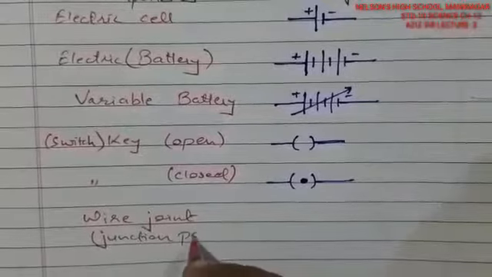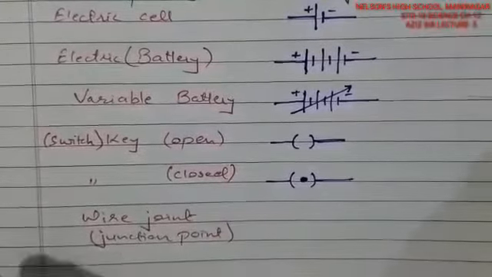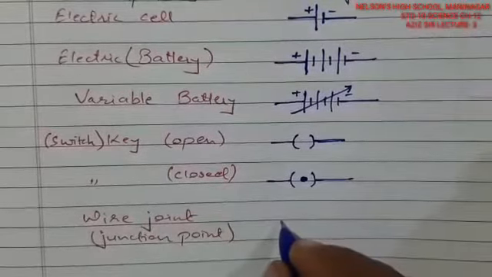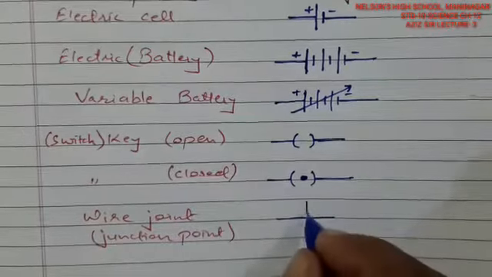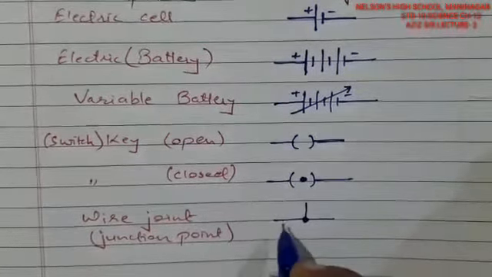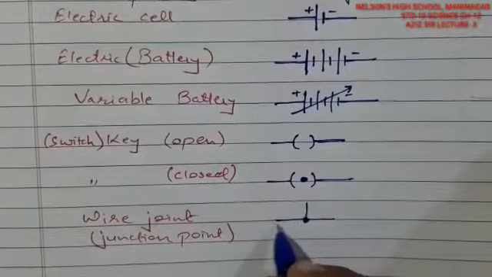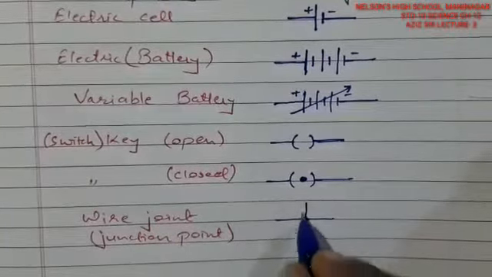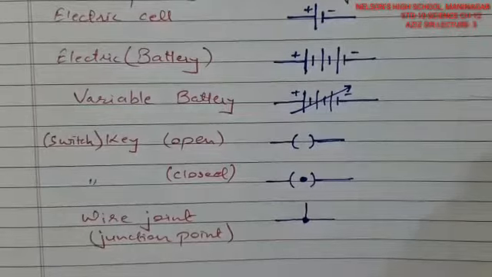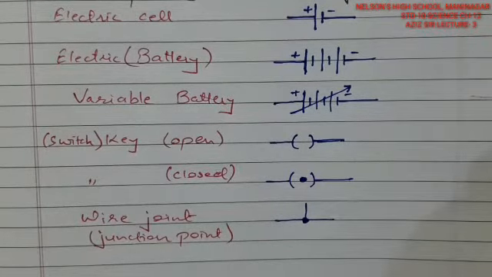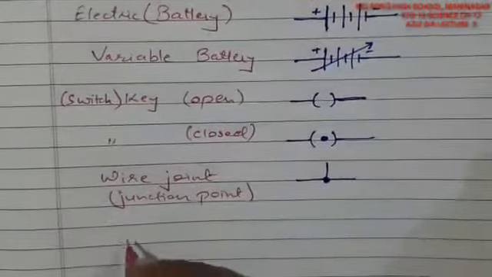Junction point is where the wires meet, right? So this is one and here. So this is a junction point. The current can come from here and go to these two sides, can come from here and go to this side, or two sides can come and pass to one side. It can be any formation. Fine. Now crossing over wire,